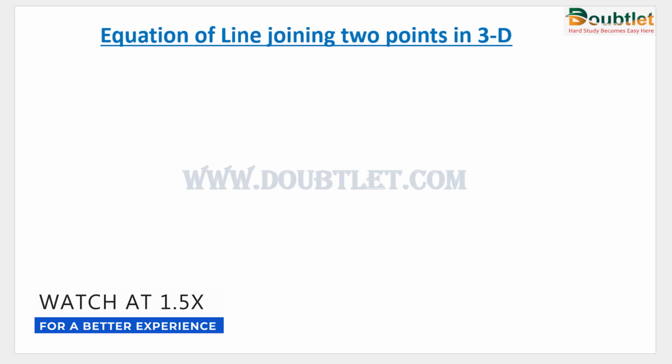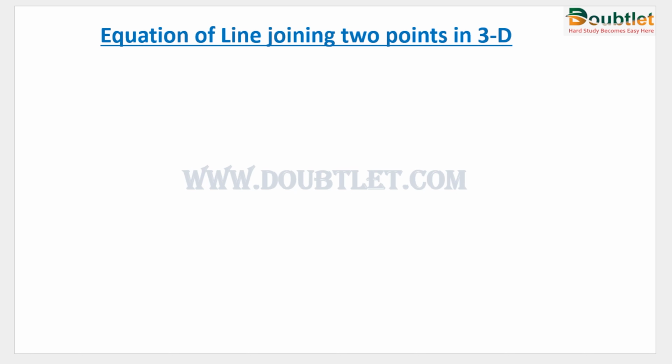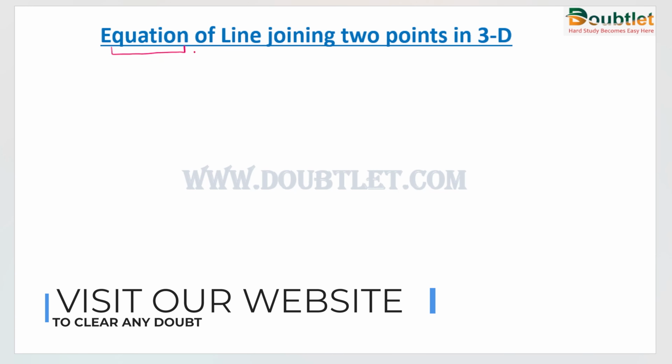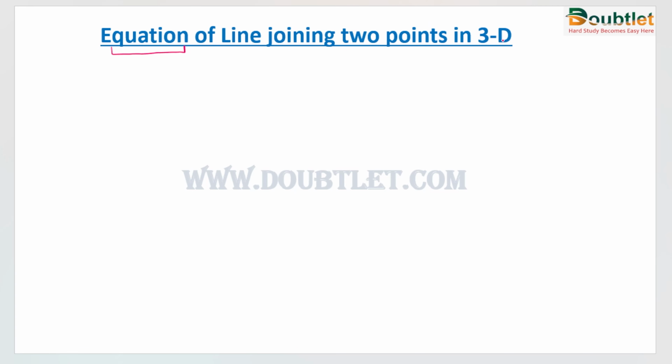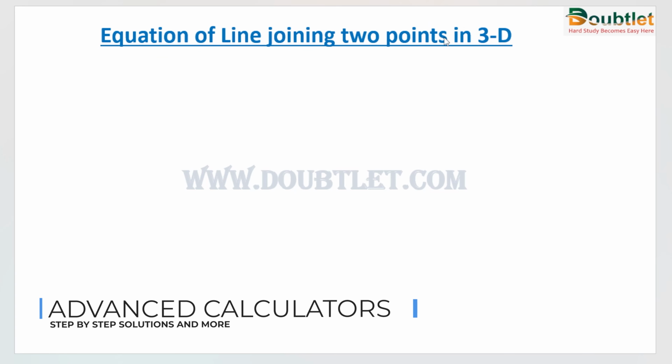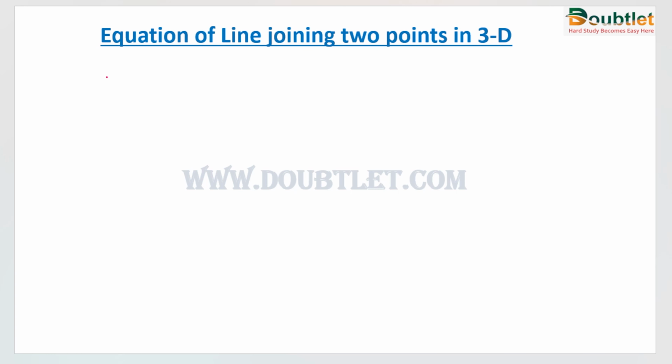In this tutorial video, we are going to learn how to find the equation. So here there are three types of equations: parametric equation, Cartesian form and vector form of a line that is joining 2 points in three-dimensional space. Earlier we have learned about the equation of a line in two-dimensional space, meaning only x and y coordinates are given, but here for every point x, y, z all the coordinates are given, and then we have to find the equation of the line in three-dimensional space.